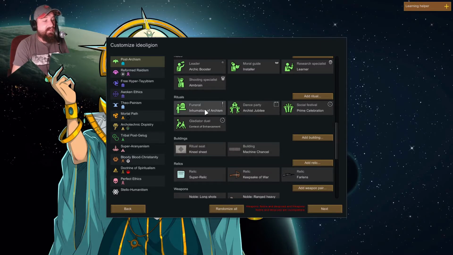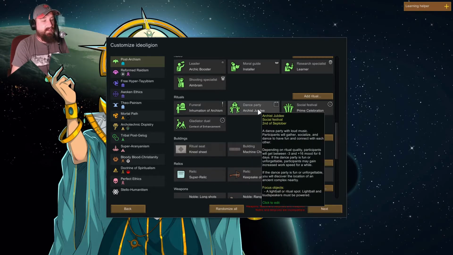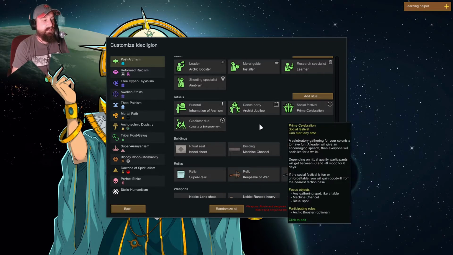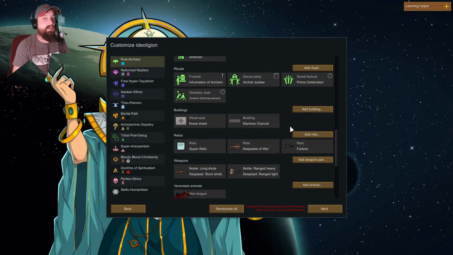Rituals, this is cool. Look at this. Anytime there's a funeral, we will have a little gathering and party, and there'll be a dance party on the 2nd of September every year called the Archist Jubilee. Our social festival can happen at any time. It's a prime celebration, and a gladiator duel of our slaves, which should be pretty cool. So now we're actually going to...